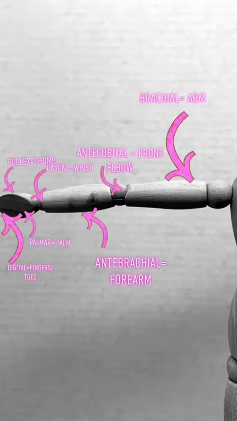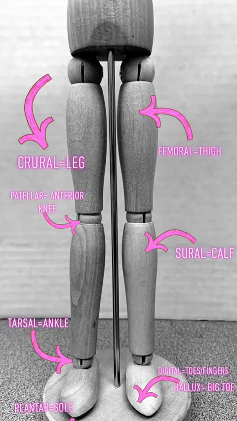Up next, we have the pollex, which is the thumb, the carpal is the wrist, the antecubital is the front elbow, the brachial is the arm, the antebrachial is the forearm, the palmar is the palm, and the digital are the fingers and toes. Up next, we have the crural, which is the leg, the patellar is the anterior knee,